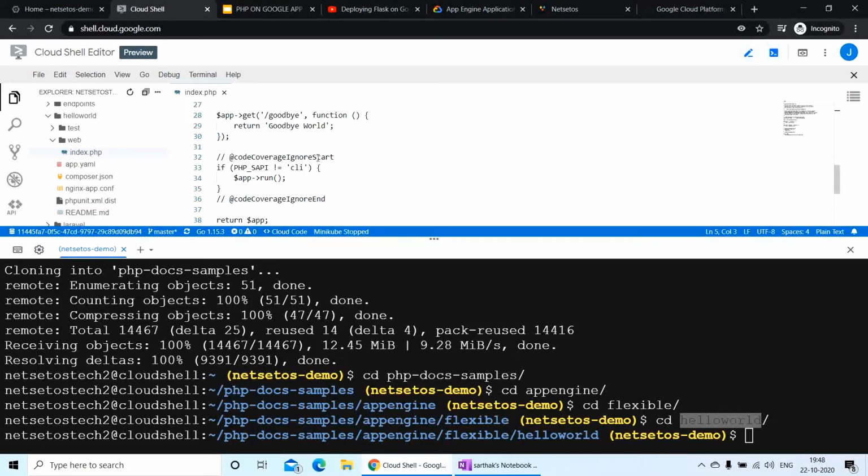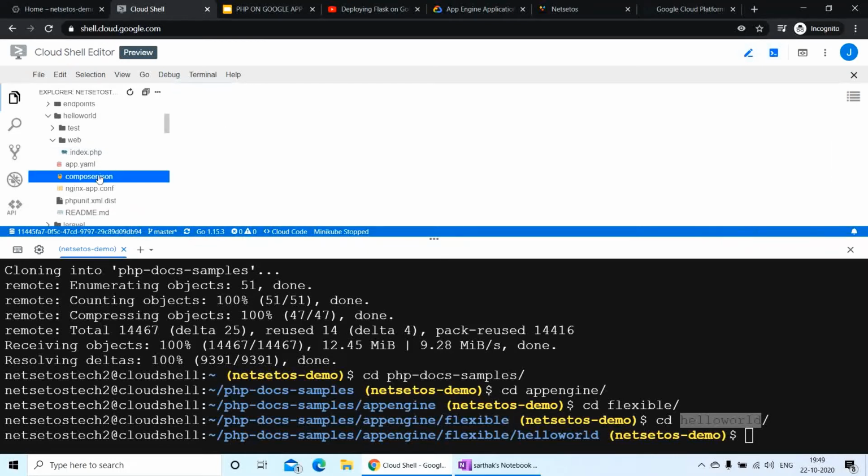It's a very basic PHP file. So our main concentration is to deploy a PHP application, whether it is a big or a small PHP application is not our concern. If things work well for a small application, then it will definitely scale, or it will definitely work for a big PHP application also.